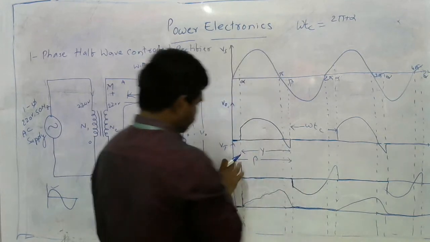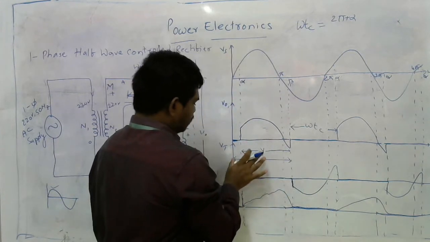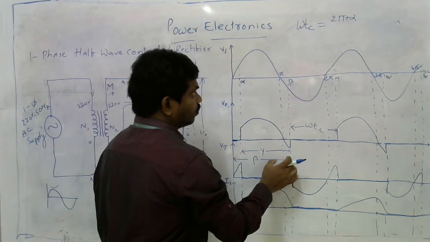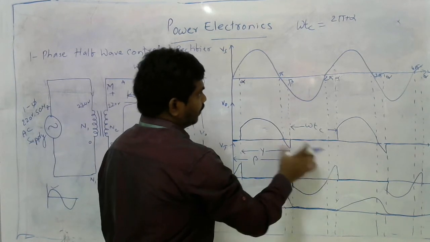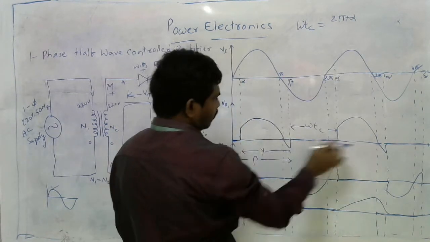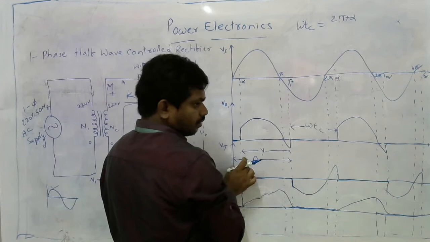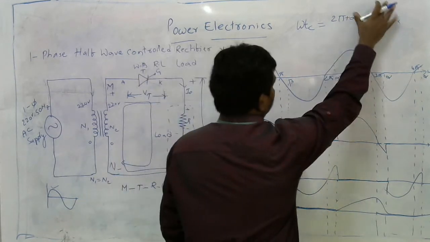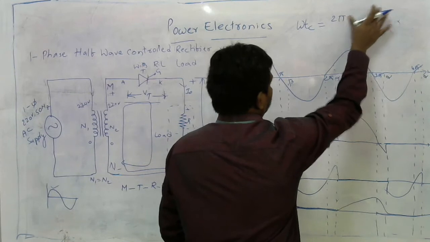Look at this. This is the reference point. This is the instant where the current is going to be 0. That's why we do not take 2 pi plus alpha over here, so we have to take 2 pi. This portion is already covered, so it won't come into the circuit turn off time. That's why we are not taking that alpha.